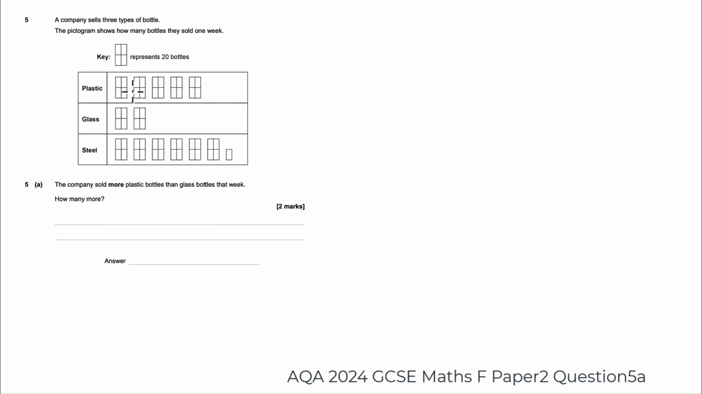So there's the amount of plastic bottles sold in the week, there's the amount of glass bottles sold in the week, and here's the amount of steel bottles sold in the week. And there's a single rectangle there. So we're going to have to use the fact that each little rectangle stands for 5 bottles. So in part A, the company sold more plastic bottles than glass bottles that week. How many more? Well, if we look at the diagram, there's the plastic bottles represented and there's the glass bottles, and you can see that this lot